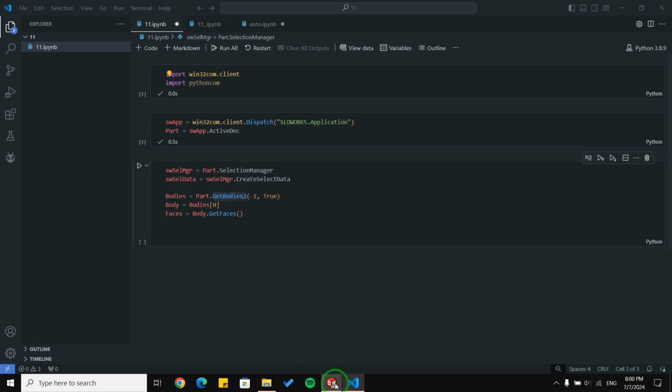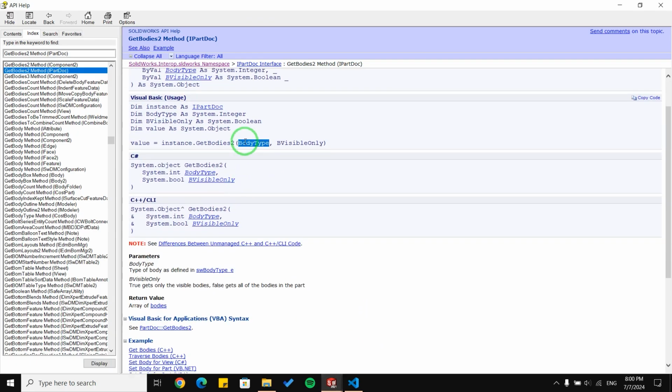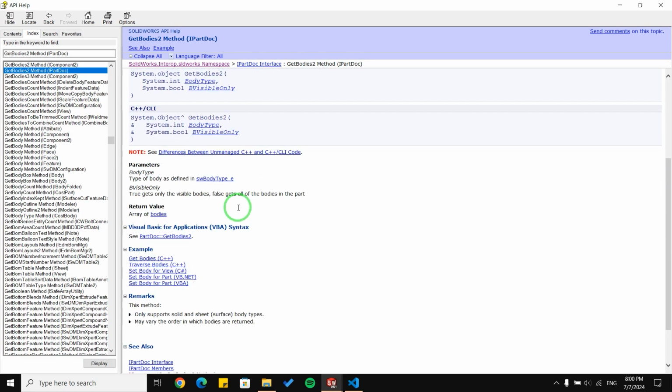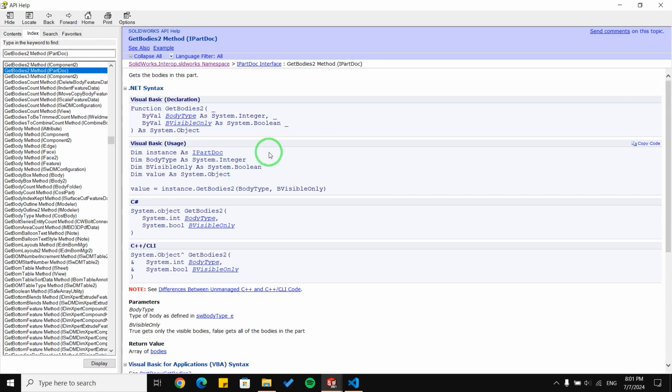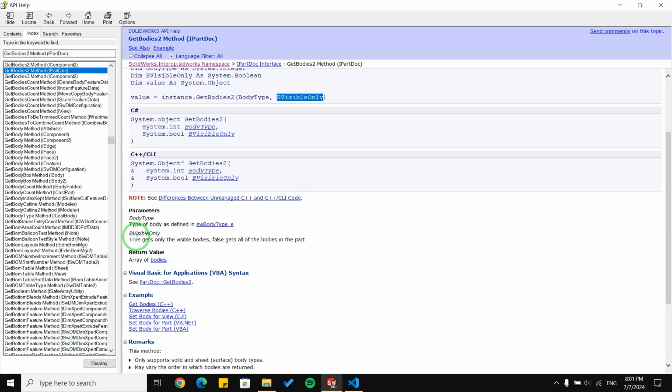Let me show you the arguments. The first one is the body type. Let me see the type of body as defined in here. We are going to use -1 because we want to get all solid and sheet bodies. For the second argument, if we set true, it gets only the visible bodies, but if we set false, it gets all the bodies in the document.